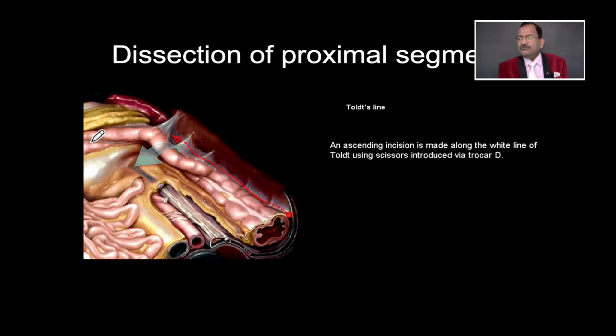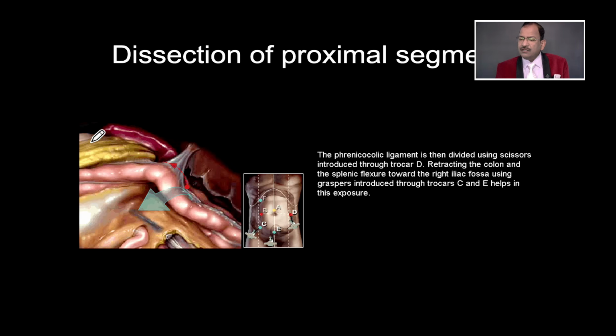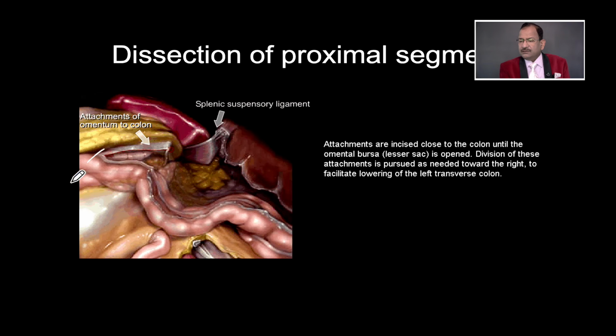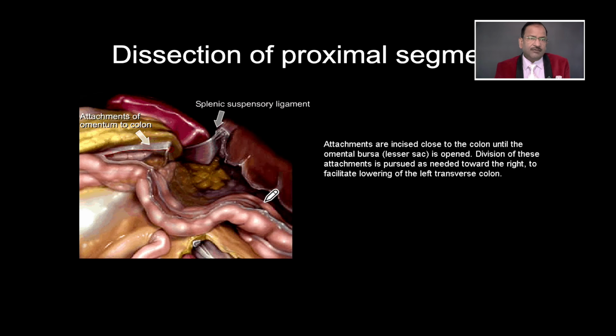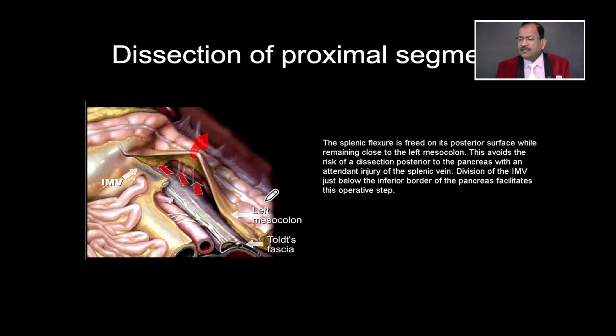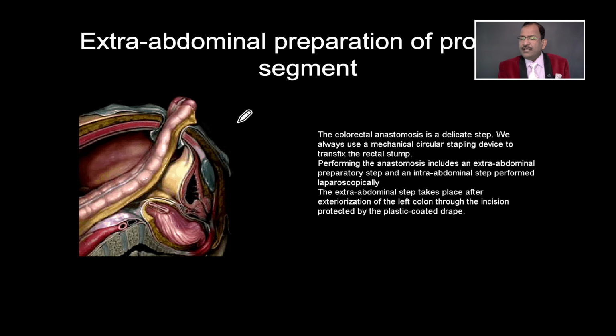And once you reach the half of the transverse colon, then your laparoscopic part is over. This is the end of laparoscopy, colon is mobilized. This is called lateral approach. And once this approach is done, after that you have to give one suprapubic incision 3 to 5 centimeter above